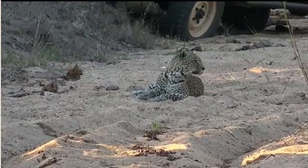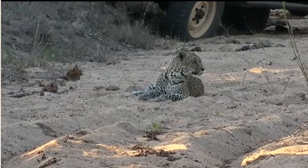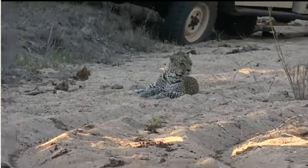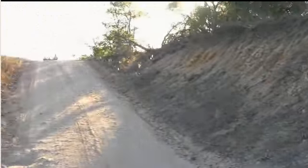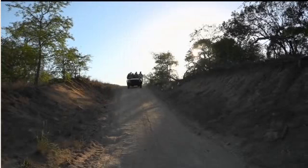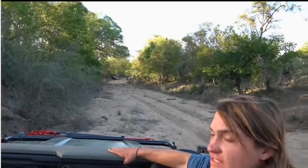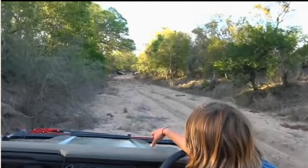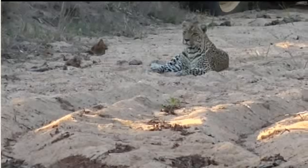She does have the look like she might get up and start walking. Fingers crossed. I might have to move because I am blocking the whole road. There's a car coming. Maybe just to move. Yes, I like to block the whole road, you know, just to be difficult. But it does look like she might move, hopefully, soon. Heads up. She is not a flat cat. It is still cool. So...